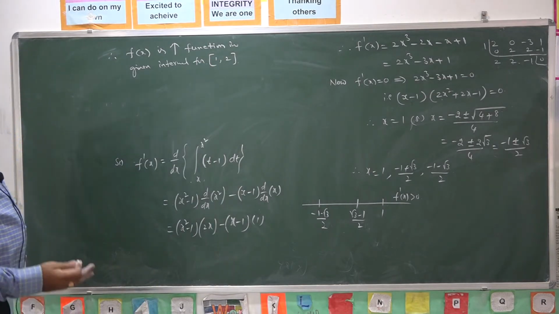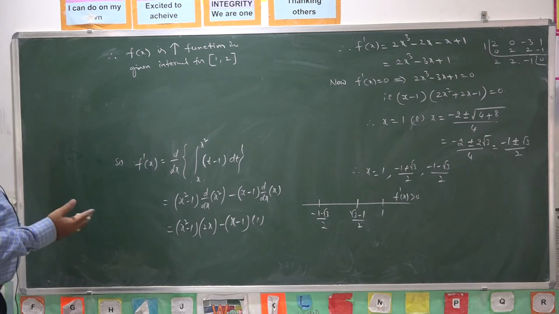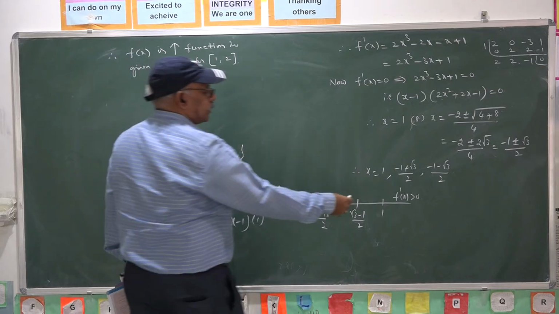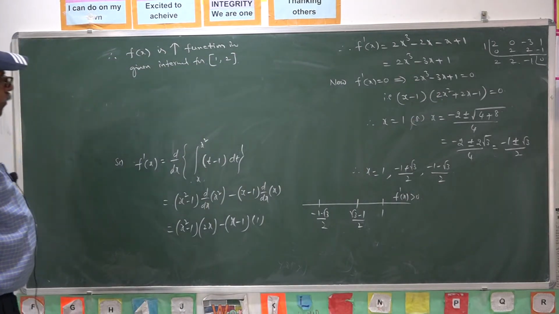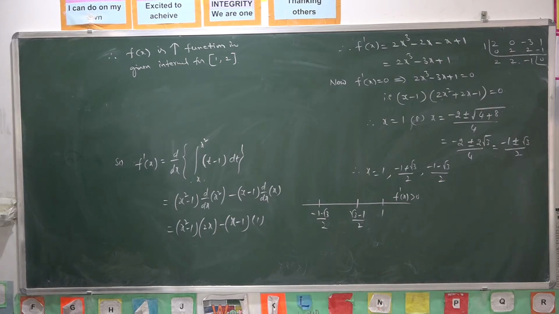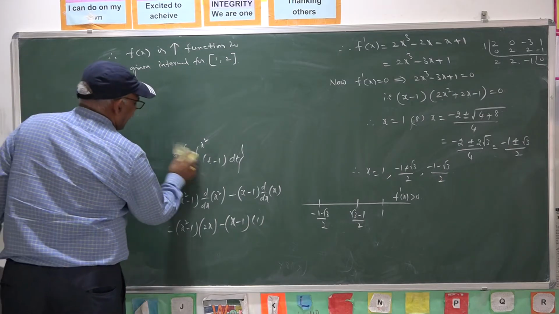For x more than 1 itself, the function is clearly increasing, because f dash x is positive. This one is positive. So that, since it is increasing, the function is increasing, the maximum value